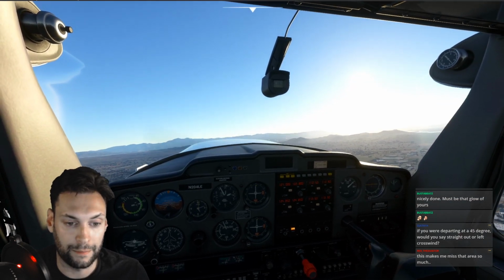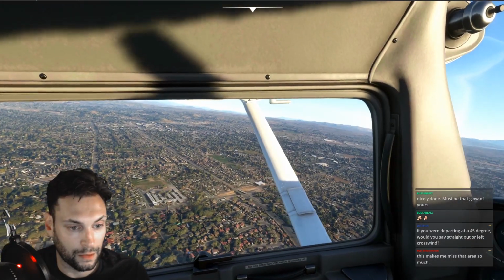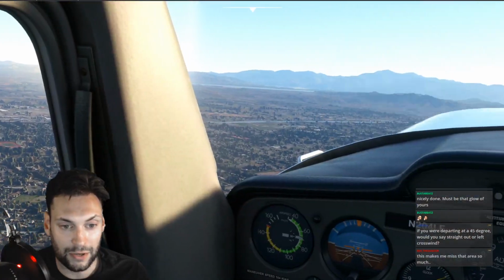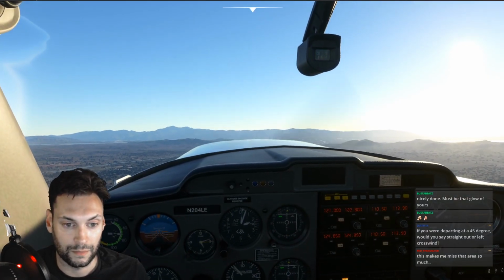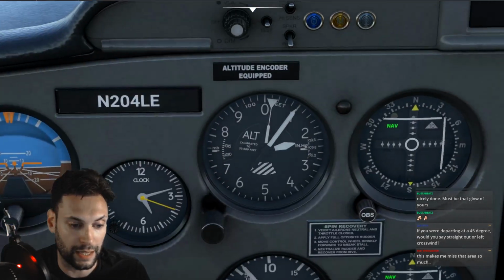So right now I'm looking for the 91 freeway, which comes right over my wing there. So I'm going to intercept that and then climb to 2,500 and follow that until we get to